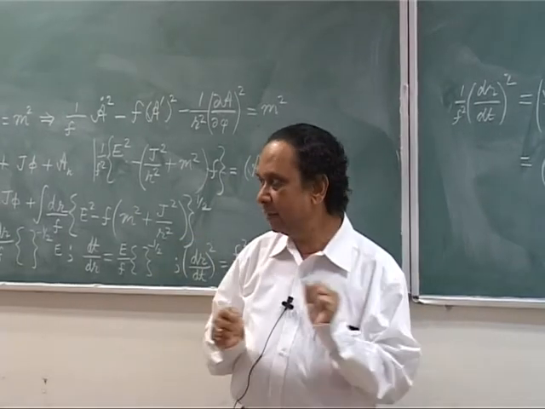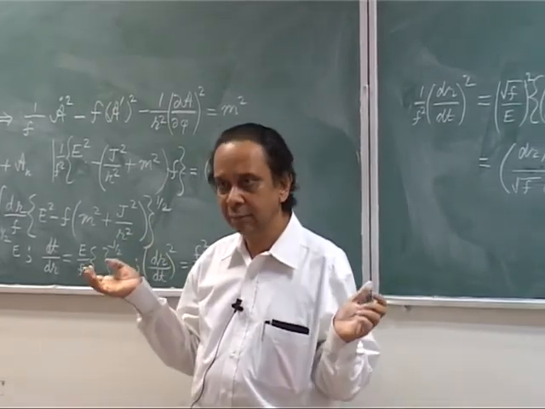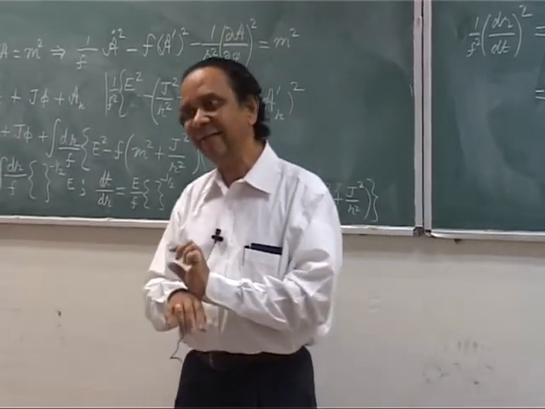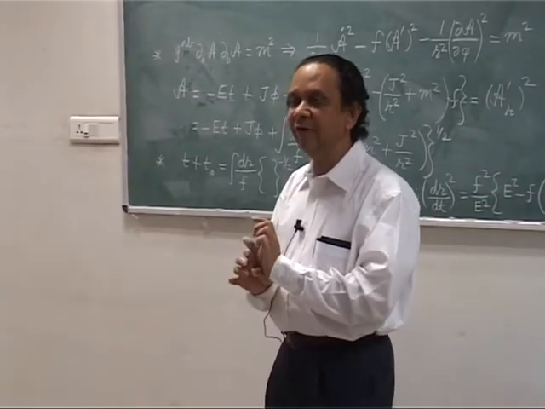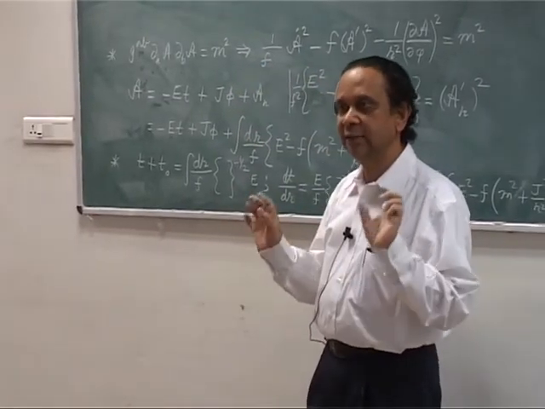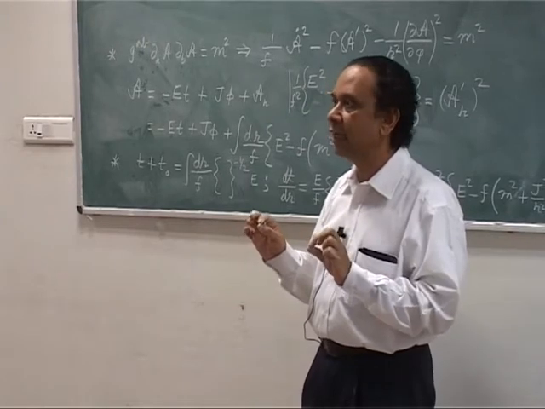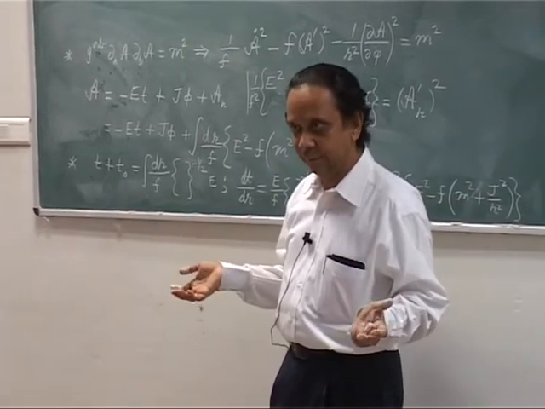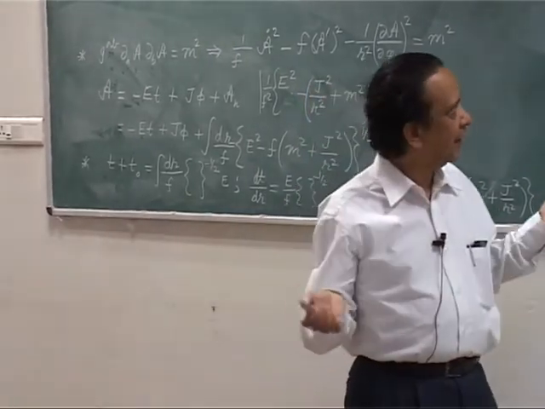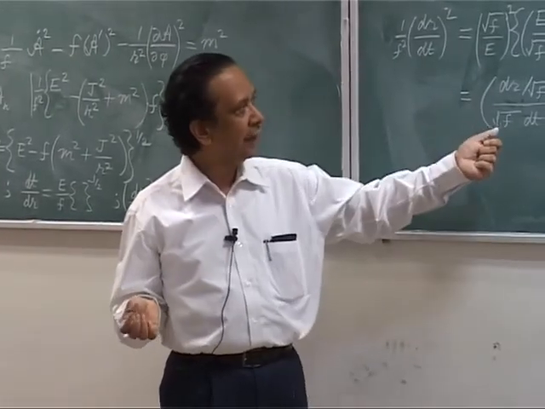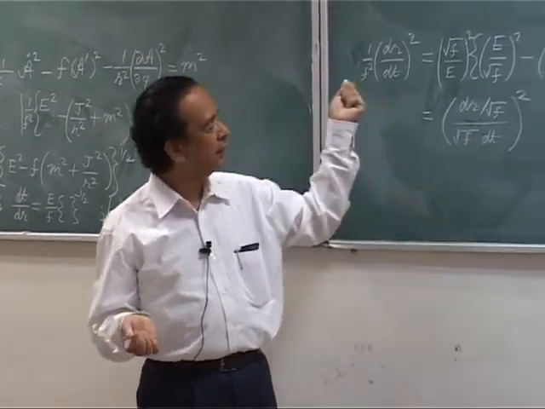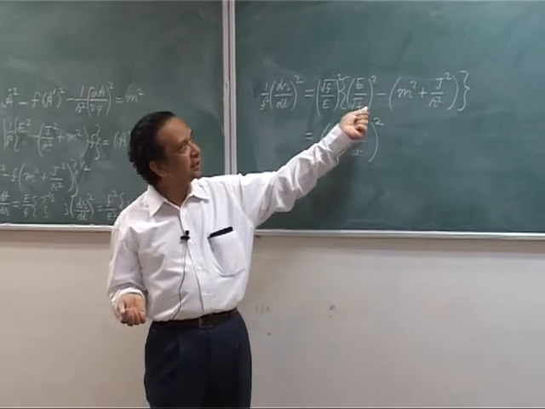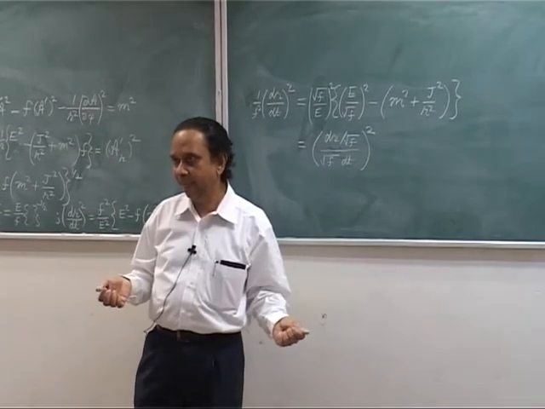Now, suppose for a minute, this is supposed to be valid for any f of r, for any spherically symmetric metric, take f is equal to 1. F is equal to 1 is the metric which represents flat space time, dt square minus dr square minus r square d theta square plus sin square theta d phi square. So, the equation should hold even in flat space time. So, when I look at flat space time and f just goes away, I have dr by dt the whole square, there is a e square dr by dt the whole square, which is equal to e square minus this quantity. What does that mean?